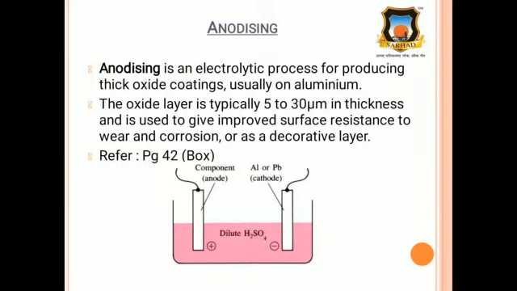Here I will tell you about the method of anodizing. Anodizing method is present in your textbook on page number 42, in the orange box portion, you can see that. So what is anodizing? Anodizing is the method where aluminium metal is covered by the aluminium oxide. Why should we cover? Because we want to resist the